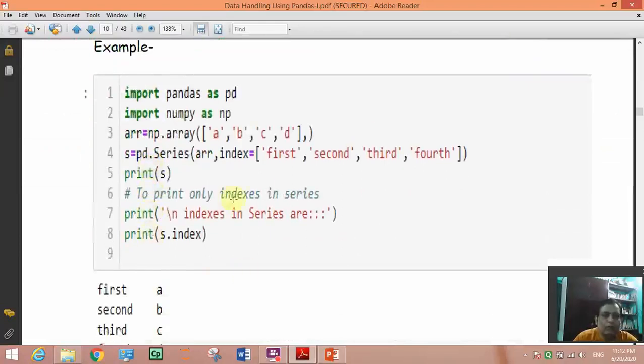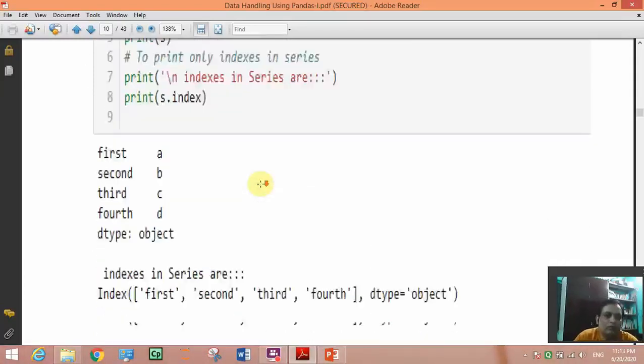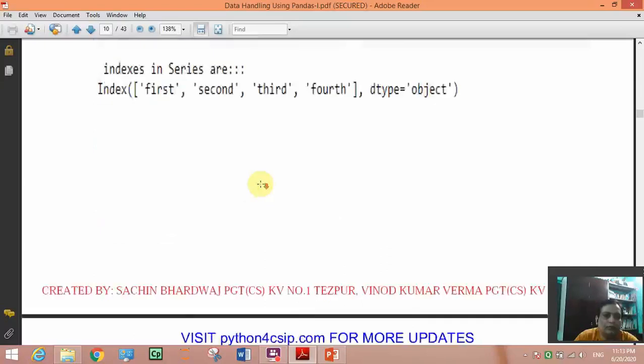Indexing we have already seen in the first example. If you want to give your own index in a series, then you will add a second argument, add a comma and index, so it will provide the index as you like. Okay, so we will leave this one.